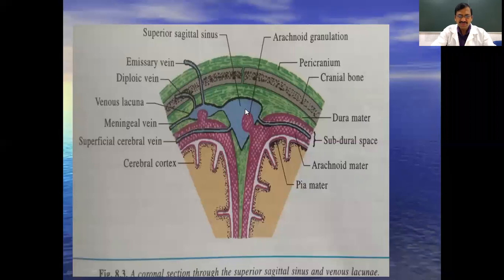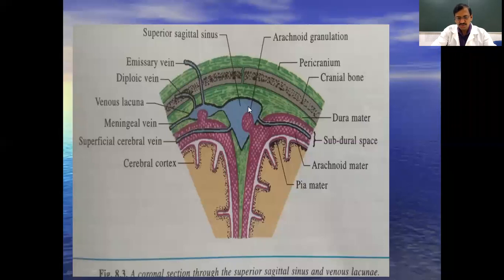Hydrocephalus is the most dangerous clinical condition. If it is not treated in time, it leads to compression of the surrounding brain and produces its own manifestations. If still not treated, it may cause further compression, and there is a prolapse of the brainstem through the foramen magnum, leading to death of the patient. That is the most dangerous complication of hydrocephalus, due to obstruction to the blood flow or venous drainage to the superior sagittal sinus.